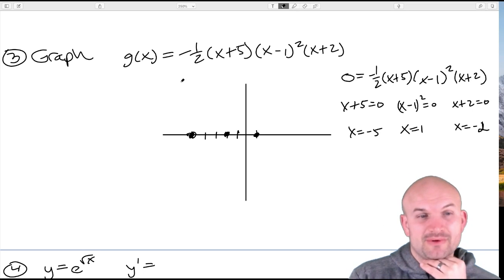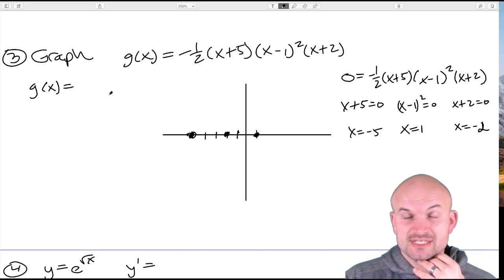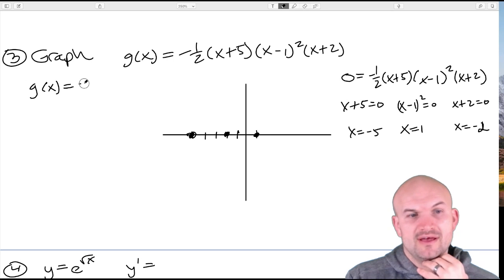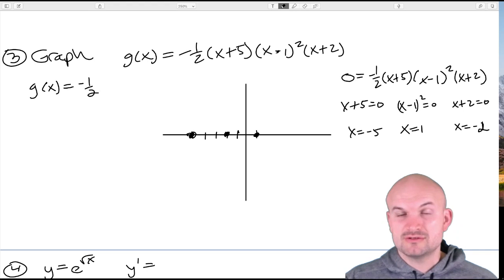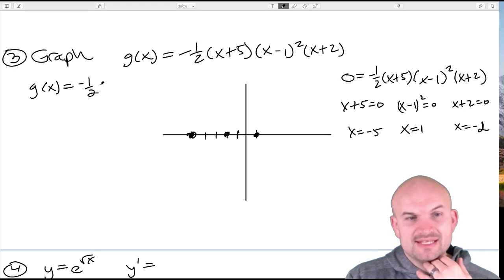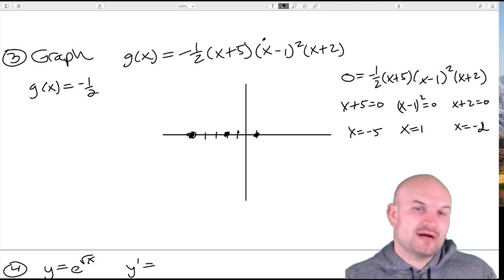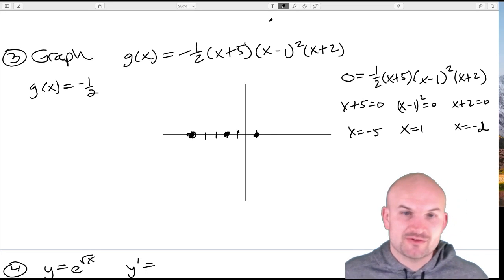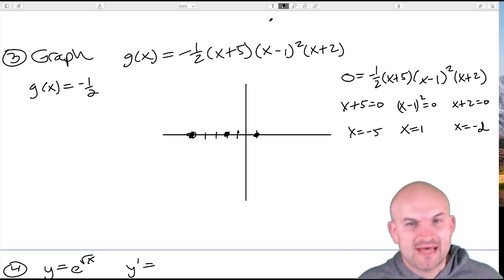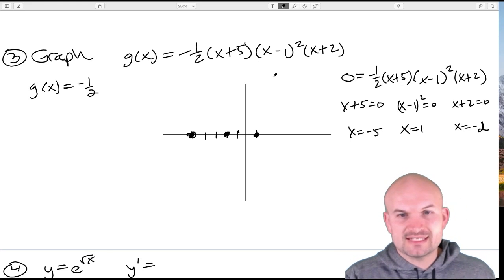The next thing we need to do is, if you were to multiply this out, what would be the leading coefficient and the degree? So I have negative 1/2, right? If I was to expand x minus 1 squared, that would give me an x squared, right? That would be the highest power. I don't know what the rest of the expansion would be, well, I do, but let's pretend I don't. I know that when I multiply x minus 1 times x minus 1, that's going to give me x squared.